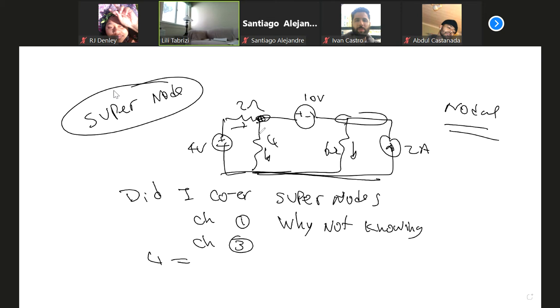KCL here, current is given, voltage source current you cannot assign. So you bypass. And then somebody asked me, oh, we bypass passive element. Why should I bypass passive element? You bypass the element that you cannot assign current. How should I say that? And then you look at this node, 1, 2, 3, 4 currents connected, you write KCL. How can I make it easier than this? How? If somebody has a better way to do it,